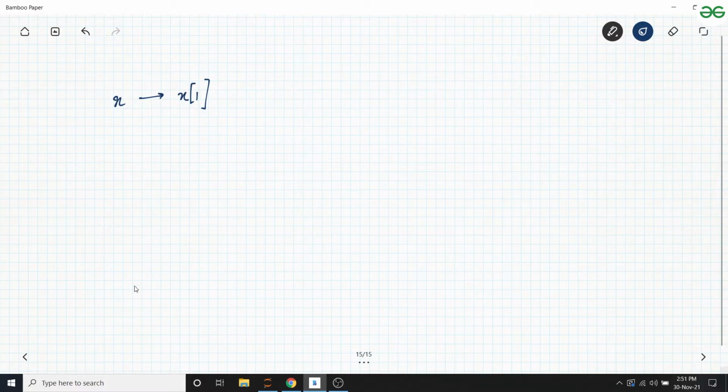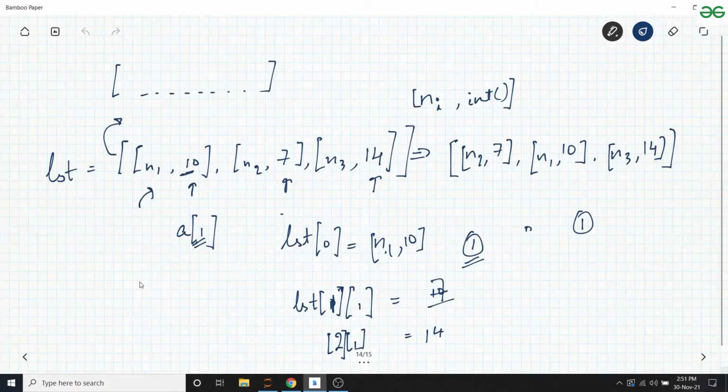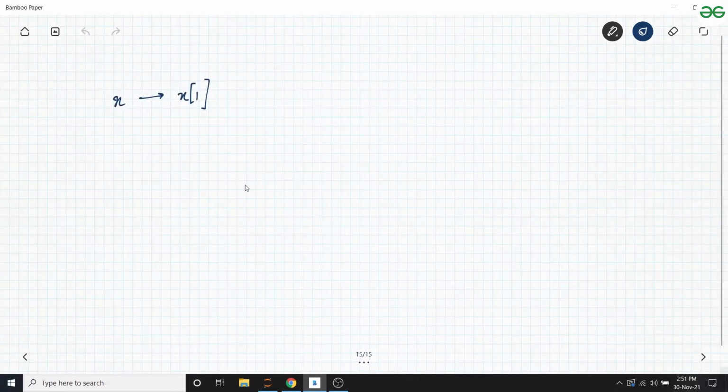As we can see, we'll just go over this slide again. You have to tell the sorted function to only consider the first element while sorting. So you tell the sorted function that, okay, the x that you are trying to sort, do not sort x as a whole, but sort by the first indexed element of x.